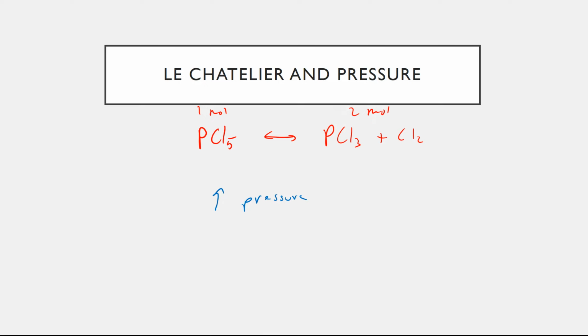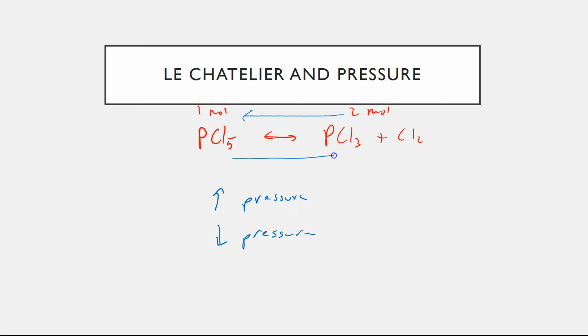It's going to try to decrease the amount of pressure, and the way to do that is to go to the side of the reaction that has fewer moles of gas, because fewer moles of gas is going to occupy less volume. That will decrease the pressure of that system. So if I put higher pressure in this reaction, I'm going to move to the side that has fewer moles of gas to relieve that stress. And likewise, if we decrease the pressure,